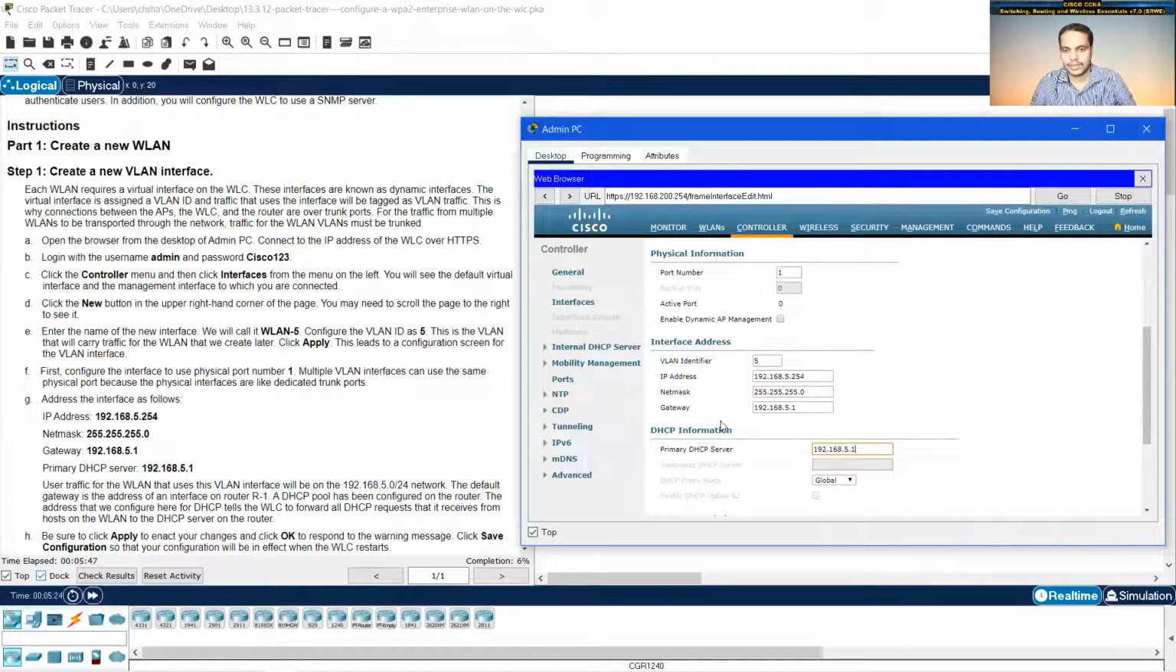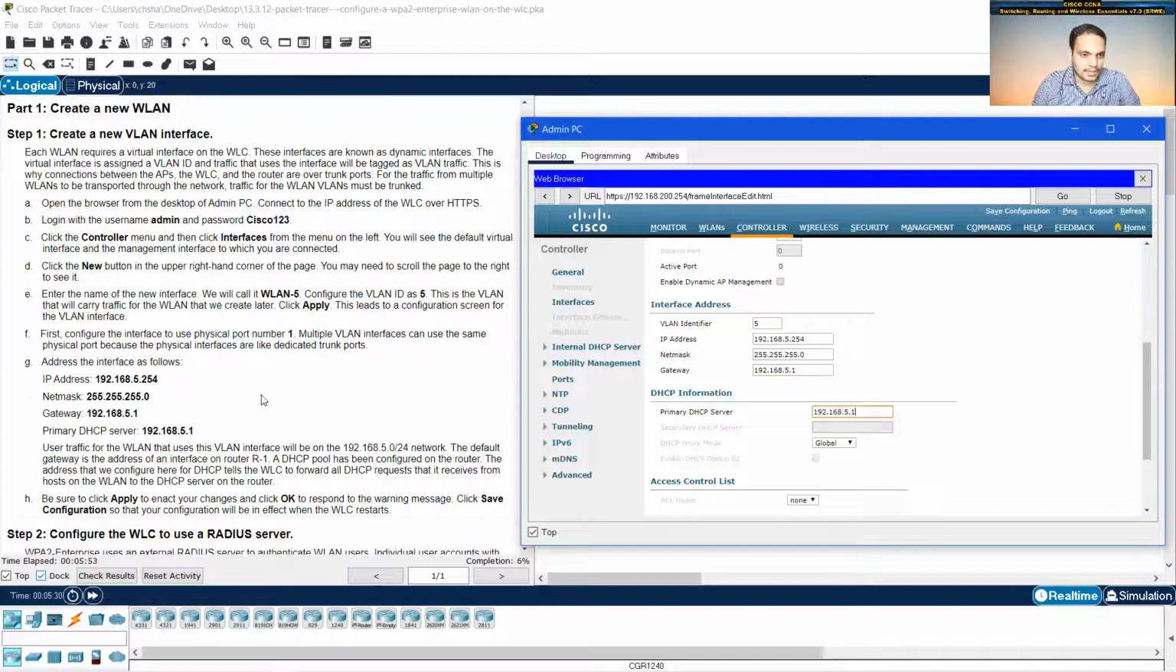192.168.5.1. You can see that both the gateway and the DHCP server are the same. That means I'm actually assigning the router itself as a DHCP server. So the DHCP pool has been configured. You can see it is saying that on the VLAN interface, a DHCP pool has already been configured with the same network address